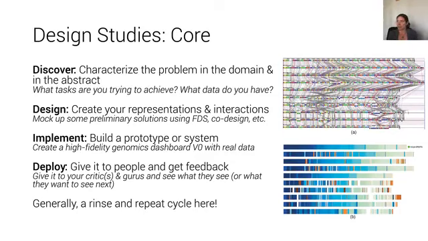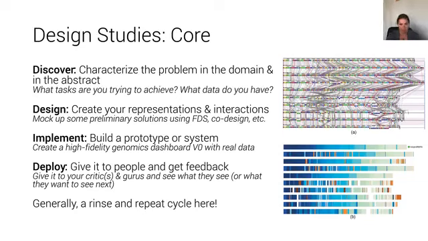So what we did in this case is we started off with this visualization up here in the upper right. This is a tool called MISBE. This was the state of the art prior to working on this problem. And when we were trying to discover what is this problem, what are you trying to do with this data, we wanted to start and say, what are the limitations of your existing tools? And what do you need to be able to do with these tools? What do you currently do and what do you need to be able to do in order to actively solve